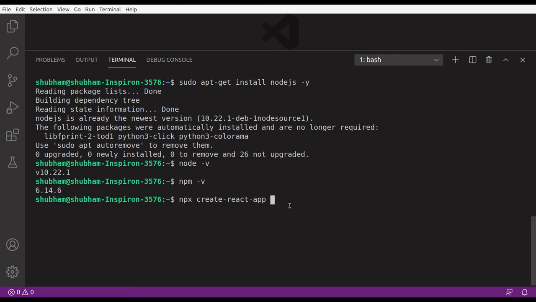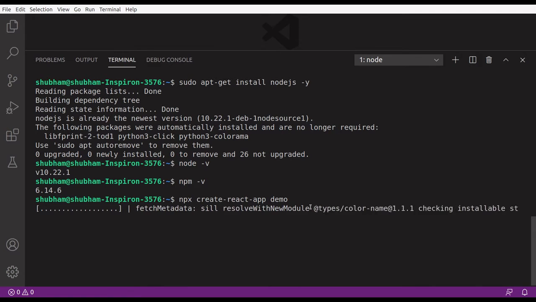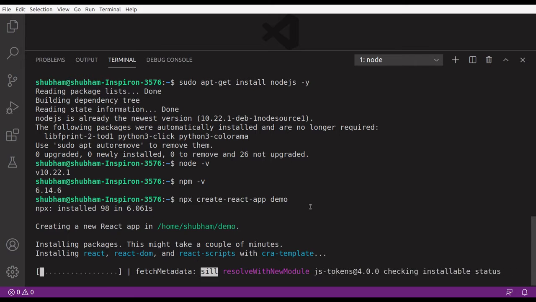So let's write, the name of the app is demo. You can write anything. So let's run it. It will take time, and make sure your internet connection is working. It will take a few minutes to install.